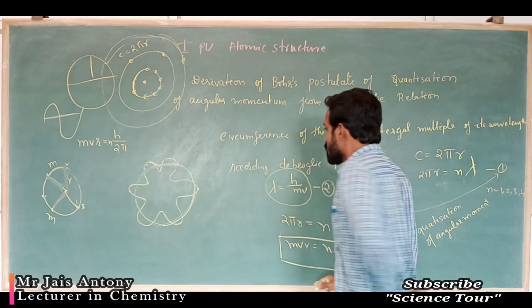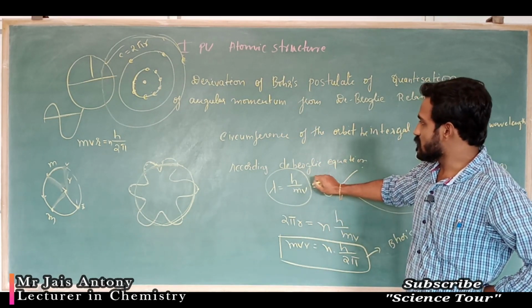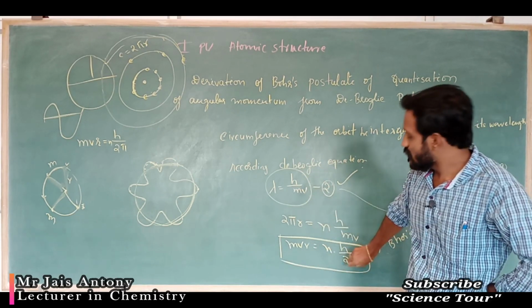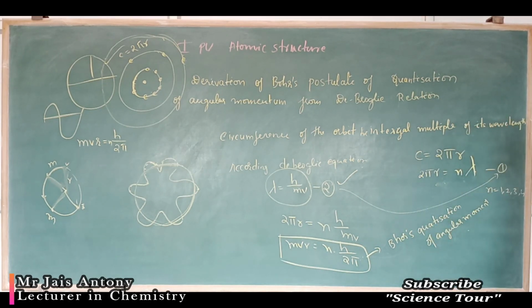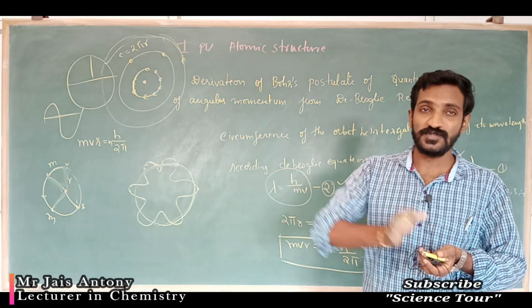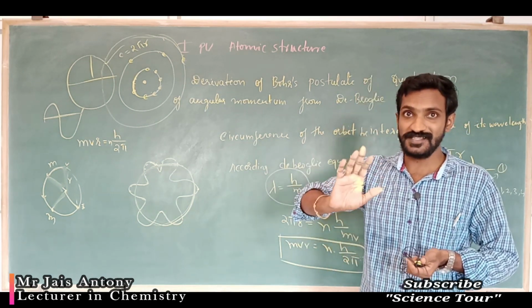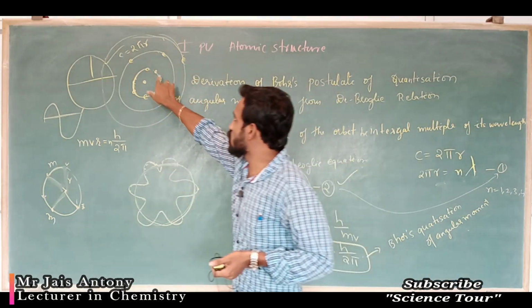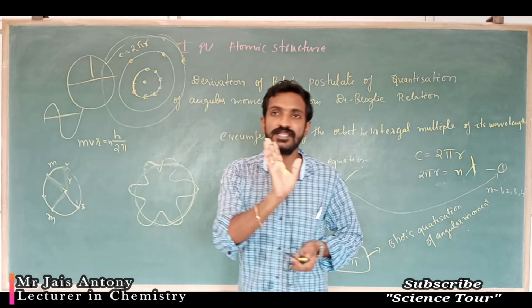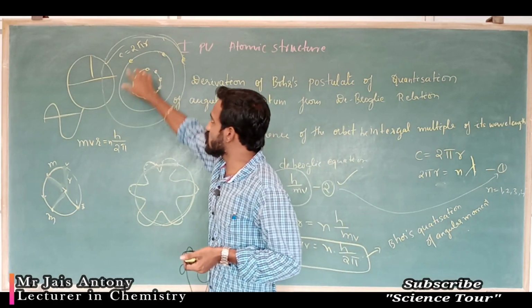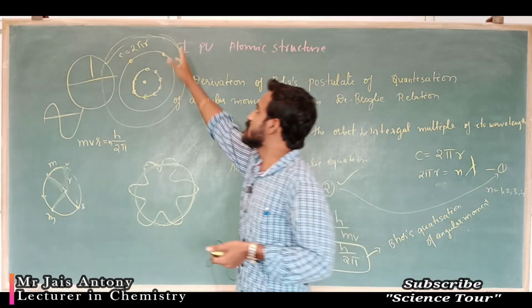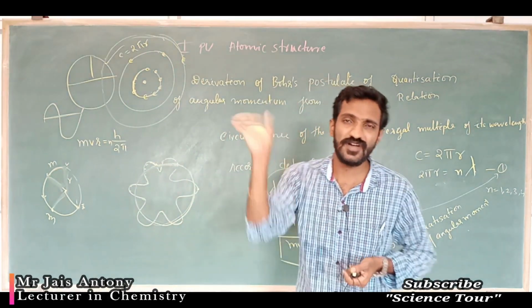So we can derive a relationship using the de Broglie equation. What we derived is Bohr's quantization of angular momentum equation. It is possible. In general, what they want to say is that in a particular fixed orbit, electron angular momentum is quantized. If the electron is in the second orbit, in that second orbit, electron orbital angular momentum is quantized. In the third orbit, electron angular momentum is quantized.